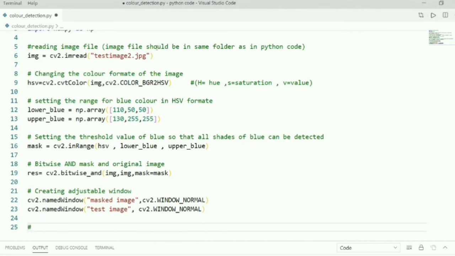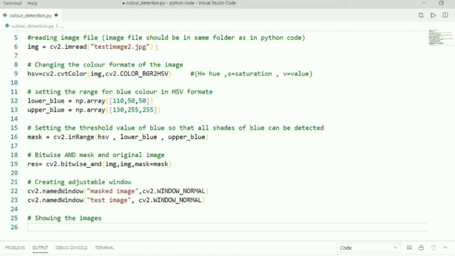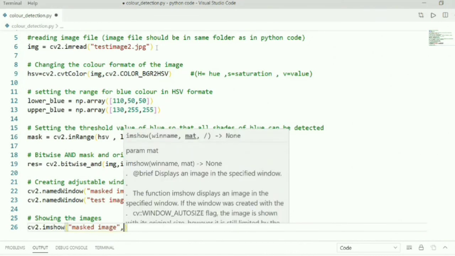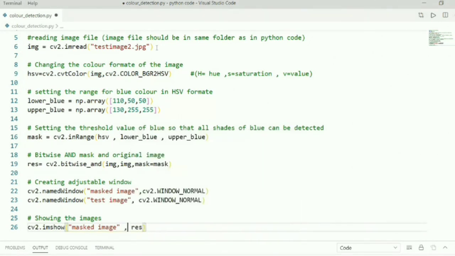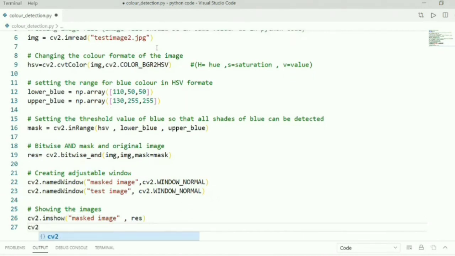After creating the adjustable windows, we will move on to showing our output on the screen. Showing the images: now we will write cv2.imshow. Remember, the imshow function will always allow you to give the output on your screen. cv2.imshow masked image, comma, res, which is the last layer that we have put, the bitwise AND of the mask and the original image.